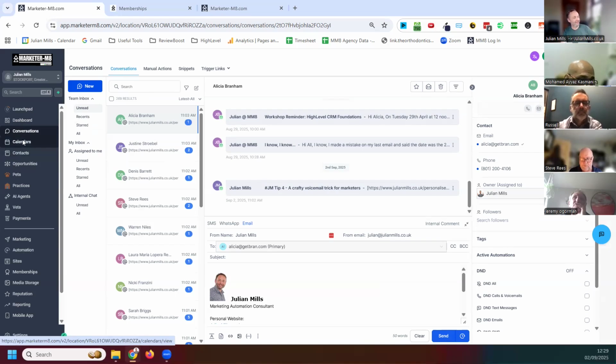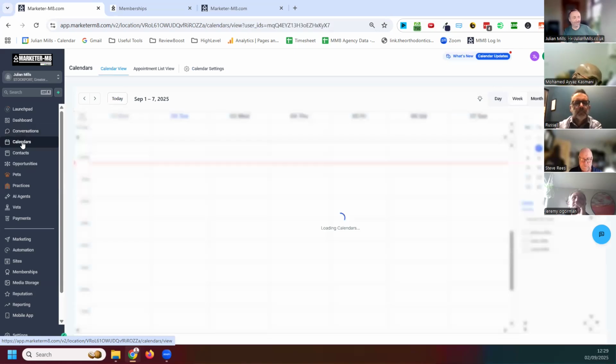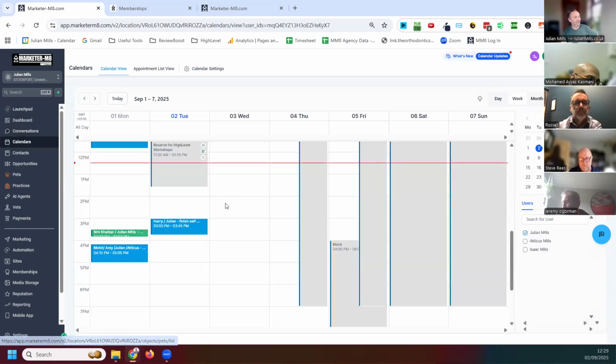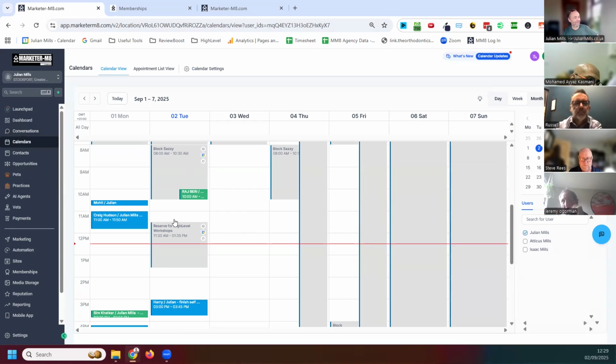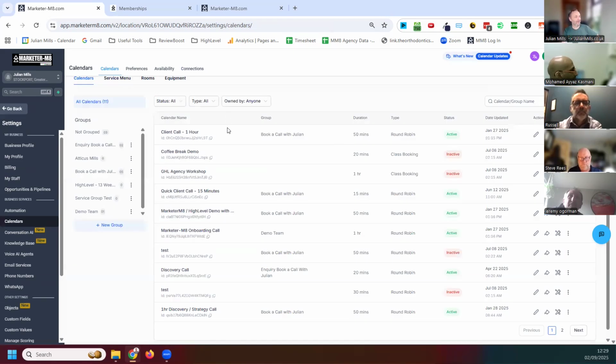Calendars. So you see calendars. Think of calendars like Calendly, but better. Again, you're looking at mine here, blocked out for today's call. You go to calendar settings, and each calendar is a type of meeting you want to do. In mine, for instance, I've got 20-minute discovery calls, 1 hour client calls, 1 hour